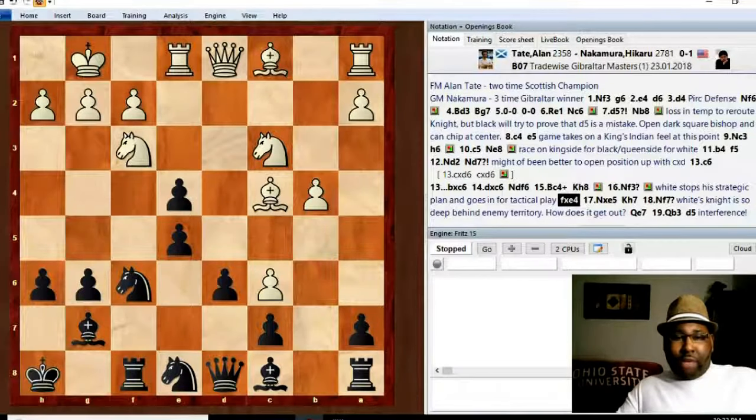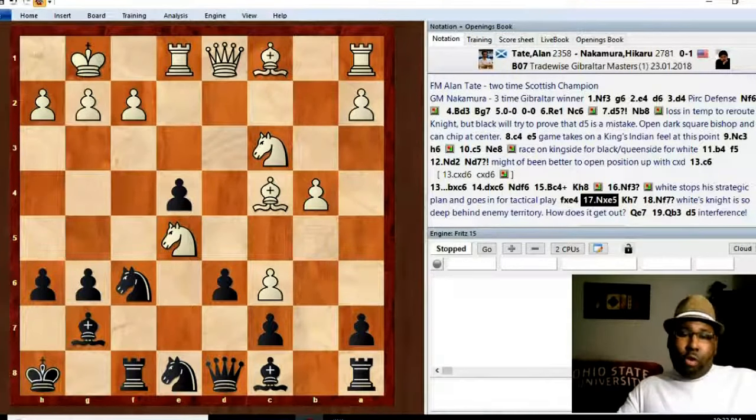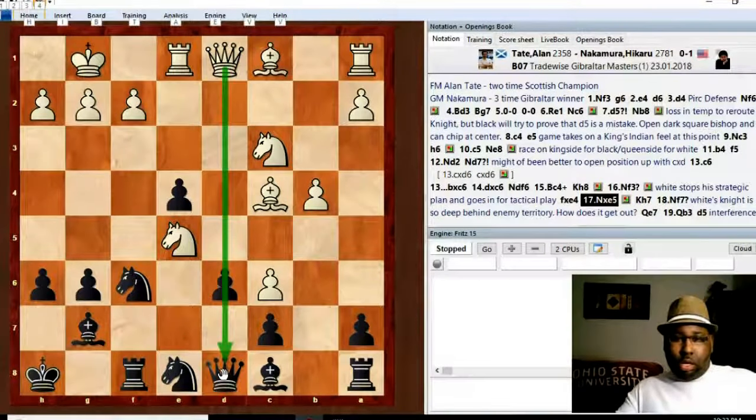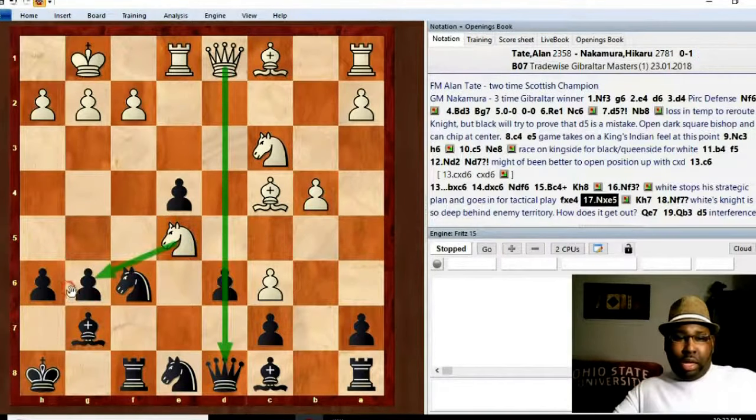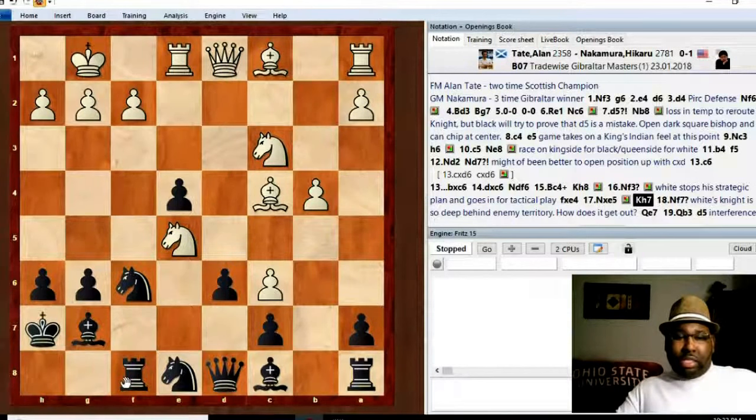So Naka plays F takes E, and he goes in for his tactical move here. Knight takes E. And of course, Naka cannot take back because then he would lose his queen. So he plays King H7 because if you notice, also the threat was for the knight to play G6 here, and then that would fork the king and the rook. So he plays King H7,